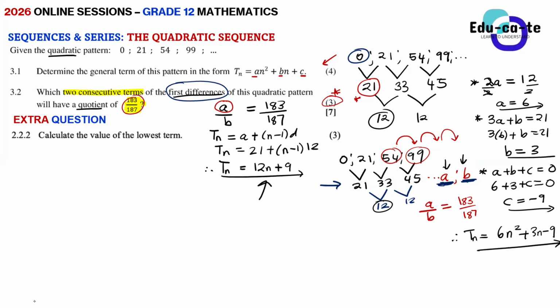So guys, now let's use the quotient. For me to get A, I can just say the position of A is n. I don't know the position; I'm looking for the position, right? If the position of A is n, what is the position of B in terms of n?